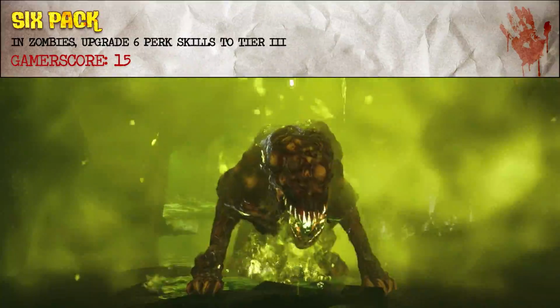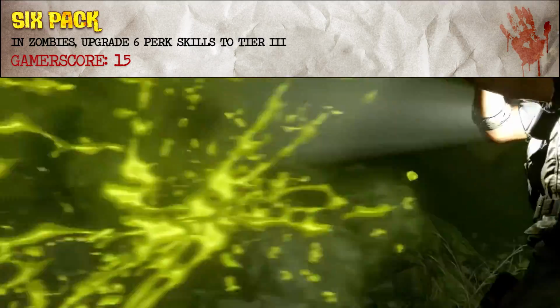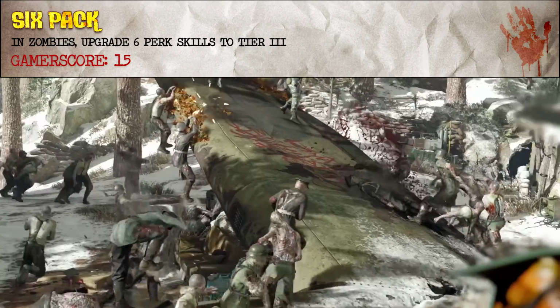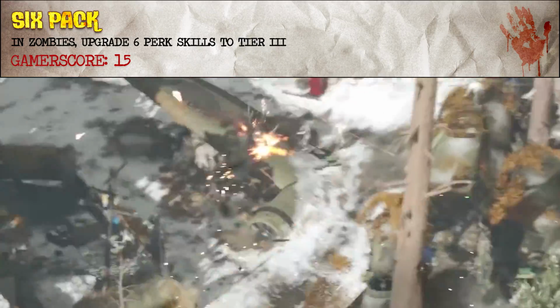So moving on to our next one right now, this one's called 6-Pack, and it says in Zombies, upgrade 6 perk skills to tier 3. So we know we've got perks coming back inside of the map. We know guaranteed there's 5 perks. We are still missing that final one, but according to leaks, it's going to be PhD. But the ones that we've got confirmed are of course Quick Revive, Juggernog, Deadshot Daiquiri, the Elemental Pop, brand new